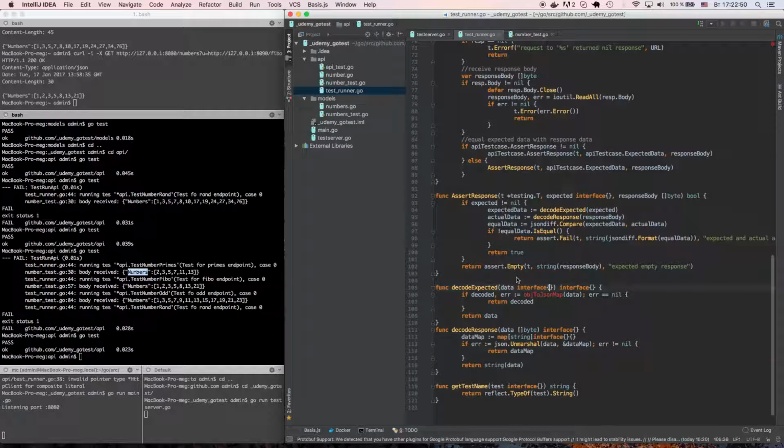So that's why we need to first of all convert our interface to